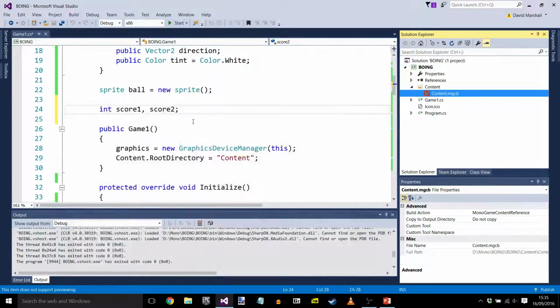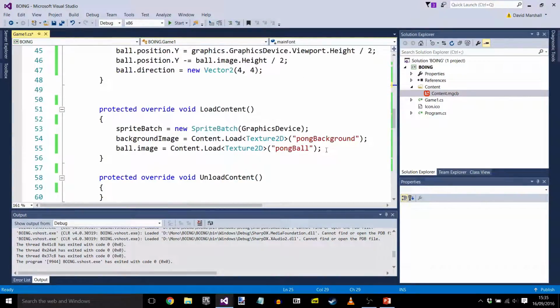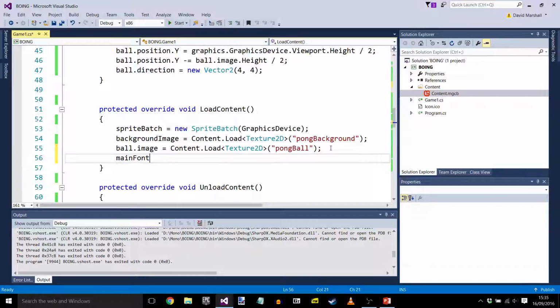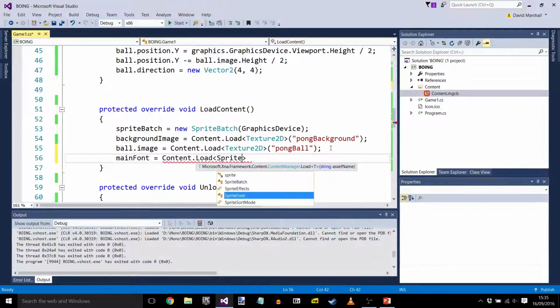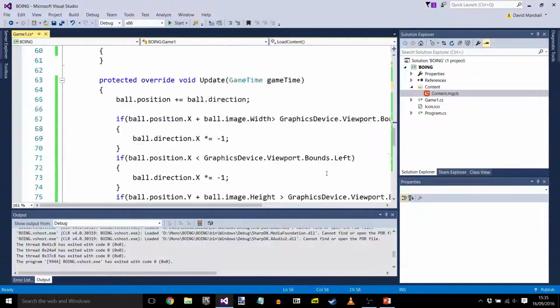So we have a sprite font called Arial, but it's not loaded into memory, so let's declare a sprite font to load it into. I'm going to call it main font, not Arial. You could make it match the same name, but it doesn't have to. So the main font for our game is going to be loaded in from the content pipeline. Just like we loaded the textures, except we obviously tell it to load a sprite font instead, different type of thing. And now in the draw method,